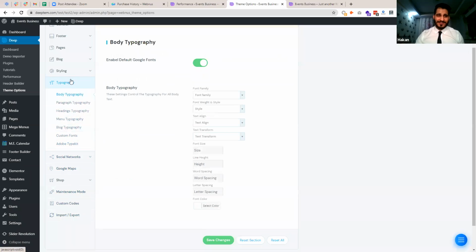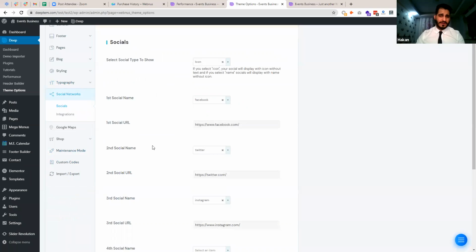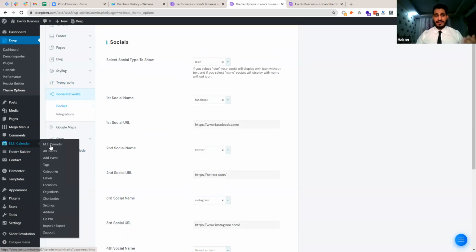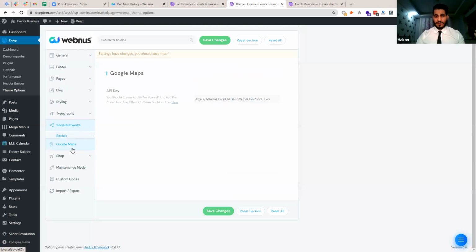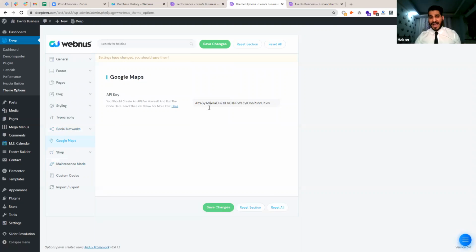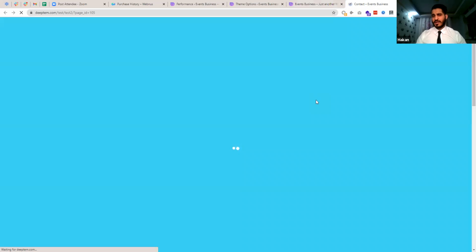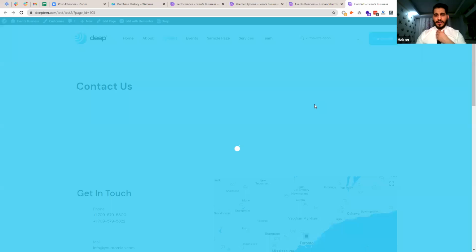The other menus, I'm not going to go over them, but there are simple ones like social networks on your website. You can add all of them here. So wherever you add a social network or social icon, it will automatically have that social icon. If you have a Google Map, you're showing it on your contact page, like we have, for example. If I click on the Contact Us page, you can see that we already have a map there. So we had to add an API key right there. It is stated here in this link, and you can click on it, go to the documentation of Deep theme about these Google Maps, and simply learn how